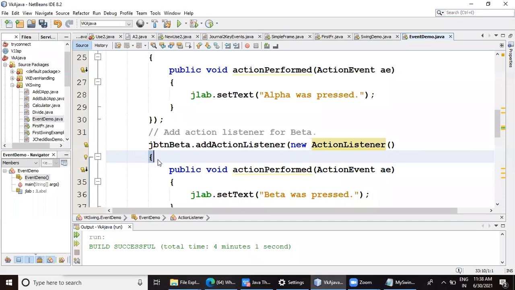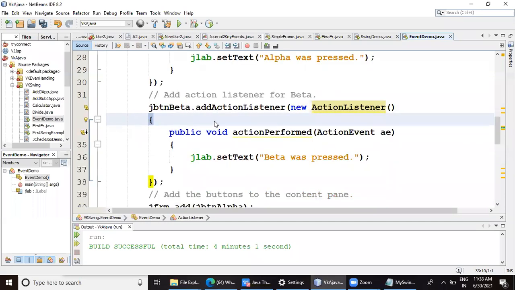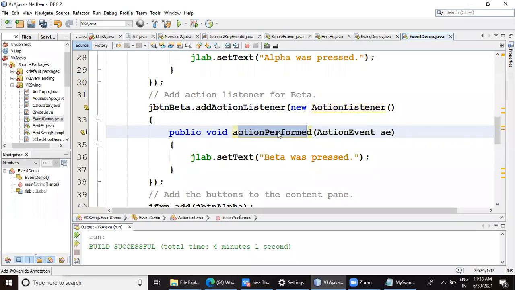So here again, I have another anonymous inner class, which will override action performed itself. Now this anonymous inner class is exclusively for the use of this beta button. And this action performed will execute only for beta button. And whenever that beta button will be pressed, this action performed will be called.